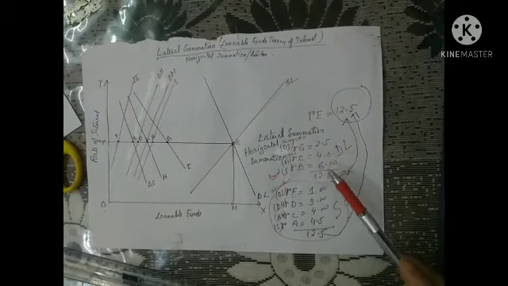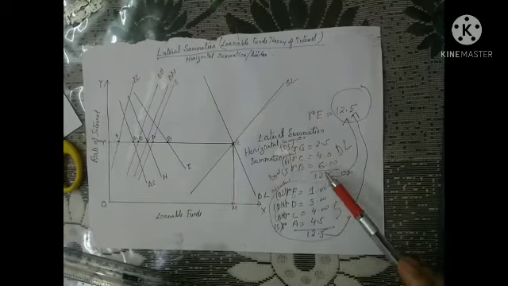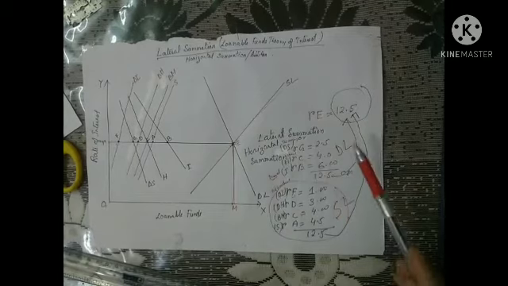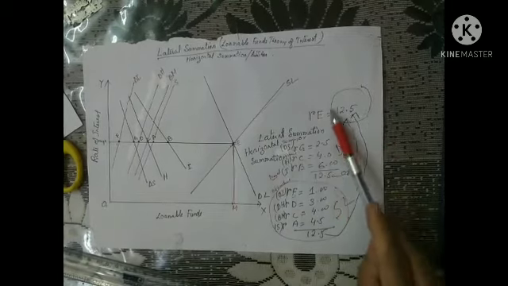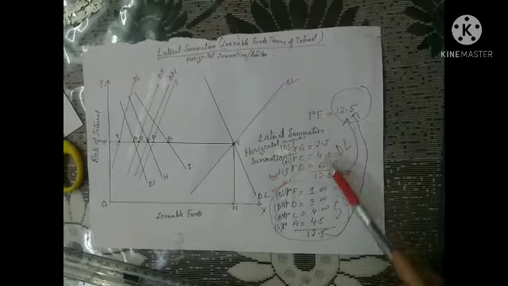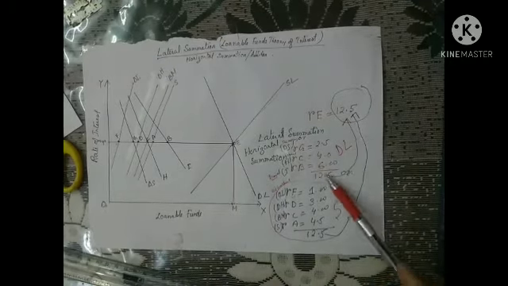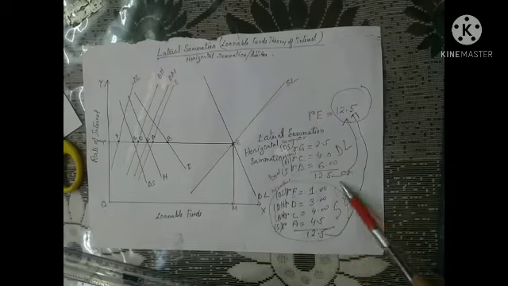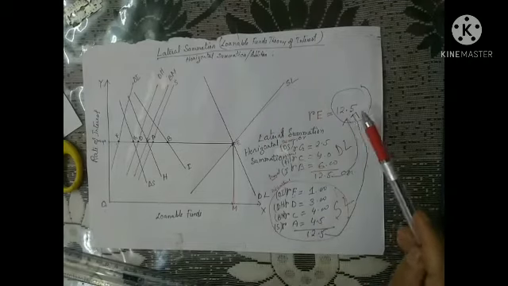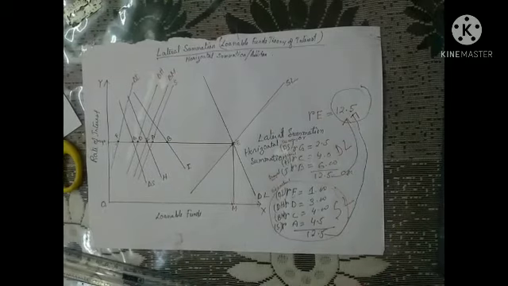You can adjust this according to your own wishes, but please keep in mind that whatever numbers you take here, the addition of these must be equal to this, and the addition of the supply of loanable funds must also reflect this. My case is 12.5, so we'll try to adjust with 12.5.